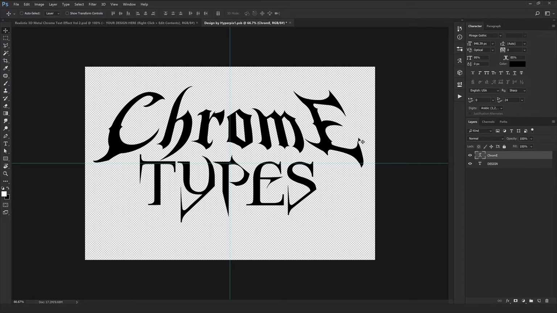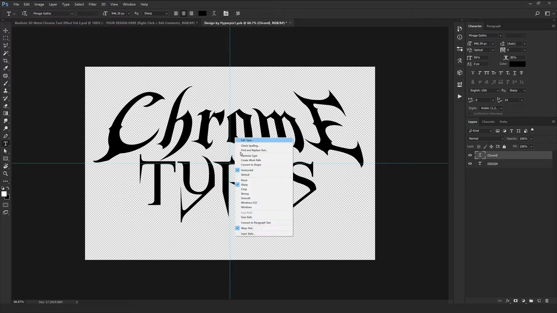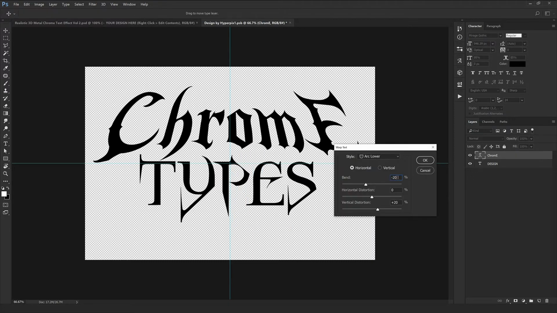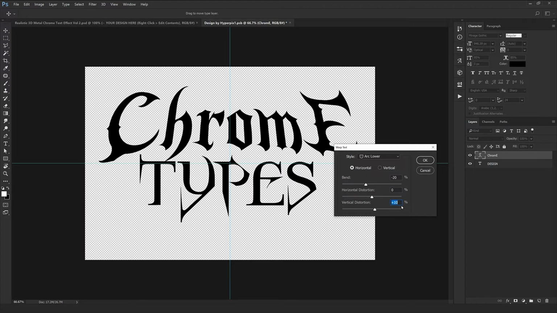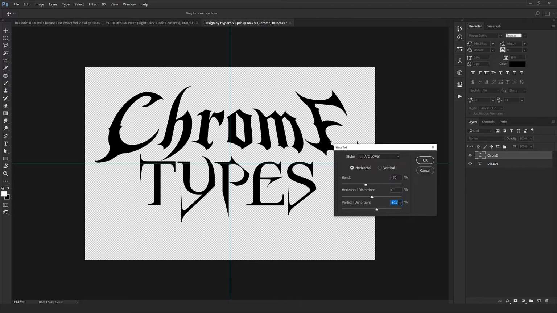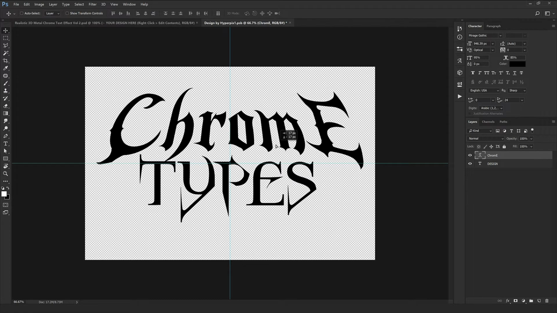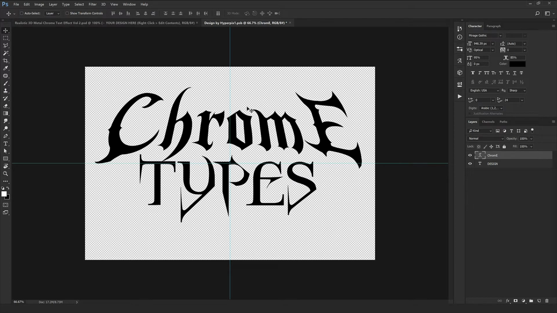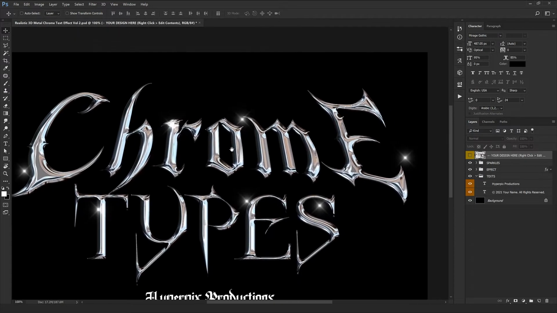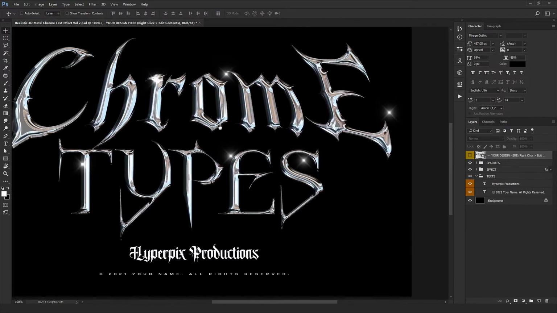So guys, this text has a little bend if you pay attention, which you can adjust by selecting the text tool, right clicking on the first layer, and choosing warp text, and you can adjust the level of the bend. Also we have vertical distortion right here, which you can also set the level and increase or decrease, just like this. So everything's perfect. So we're going to close and click save until we see our brilliant result. So as you see, the result is so unique,